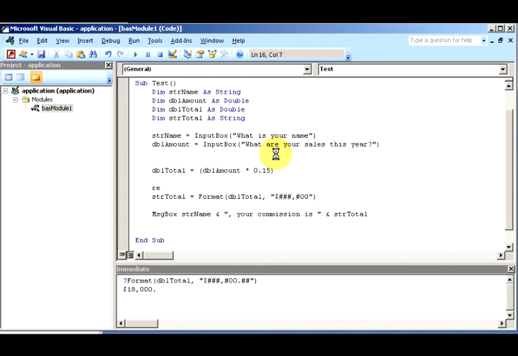Notice that REM turns uppercase because VBA knows what REM stands for. So you could also use an apostrophe. That works just fine. Some languages use this character, some languages use this character, but VBA